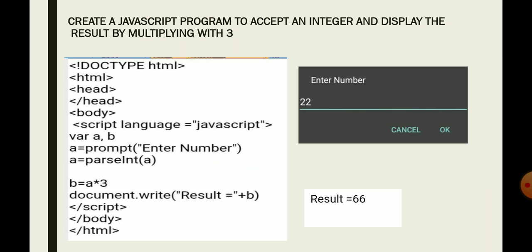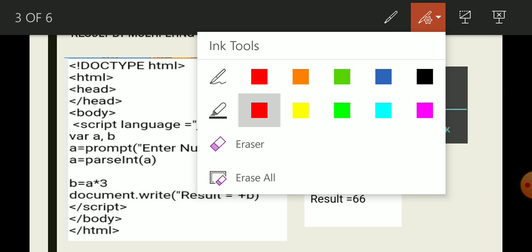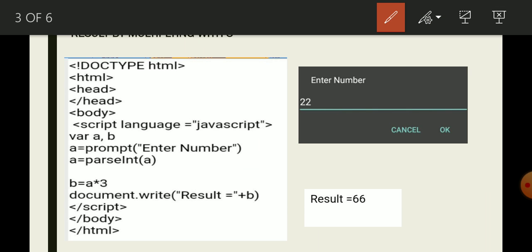Now the next program is: create a JavaScript program to accept an integer and display the result by multiplying it with 3. Here, accept the value using prompt, then convert it into an integer using parseInt, and then write the formula a into 3, because this 22 value is stored inside the variable a, and this 22 is multiplied with 3, and the result is displayed using the document.write statement.